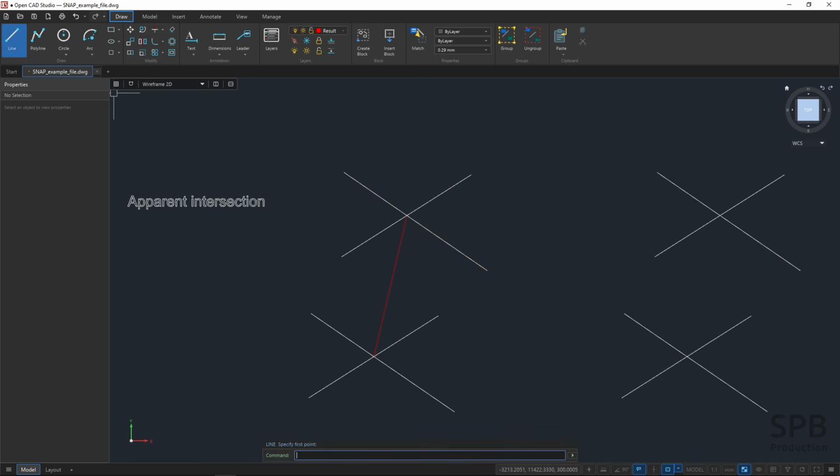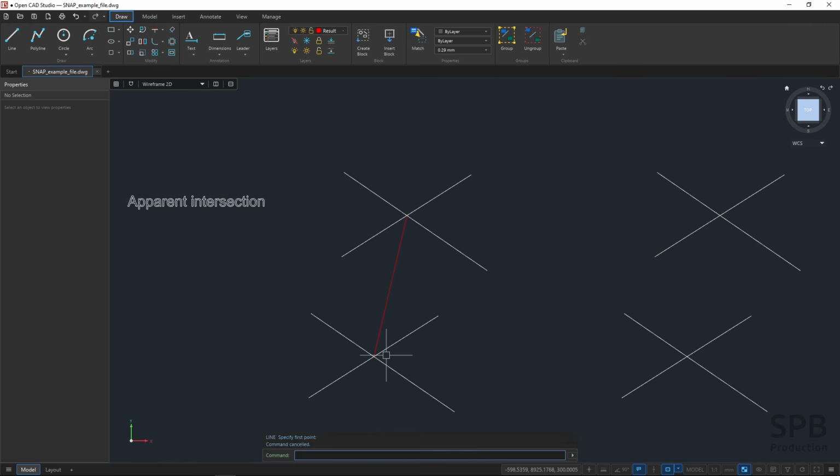If I fire up my line tool, I will disable snapping to parallel, insertion and extension, and also midpoint. And if I have my standard intersections turned on, it actually snaps to this intersection here where it should not do. If you are using later versions of Open CAD Studio, this would not snap to this,